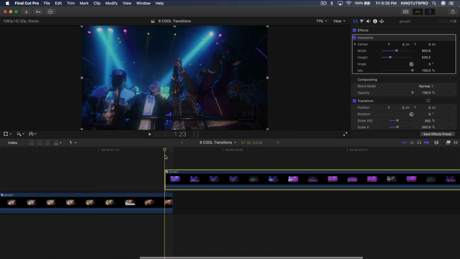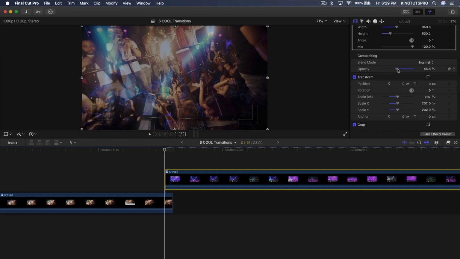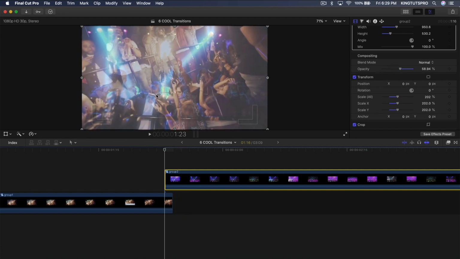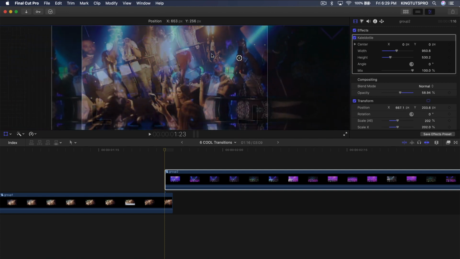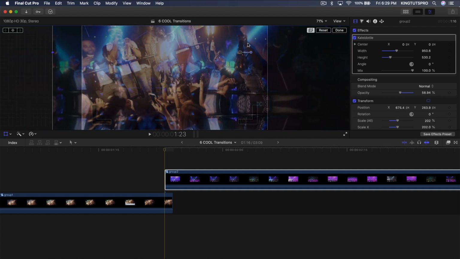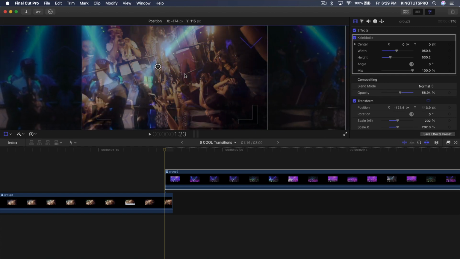Now, once it's overlaid on top, we're going to go to the compositing, go to opacity, and bring that down a little bit so you can see the clip beneath it. So now you're going to go to that bottle that you want to use to transition to, or whatever object you're going to use. So we're going to go over to transform, click this little button here, and this is moving the second clip here. As you see, this guy has the bottle there, and then the girl has a bottle on her right hand. So we're going to just match those up, or we're going to overlay them on top,